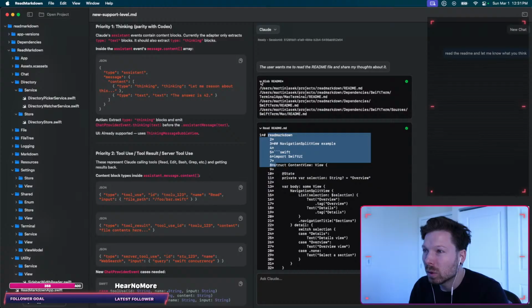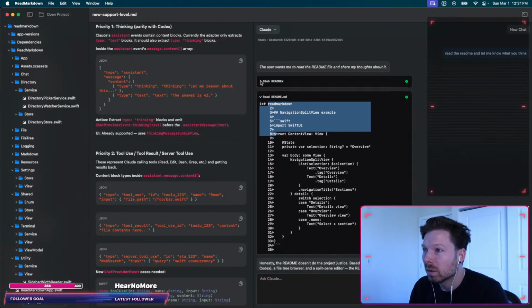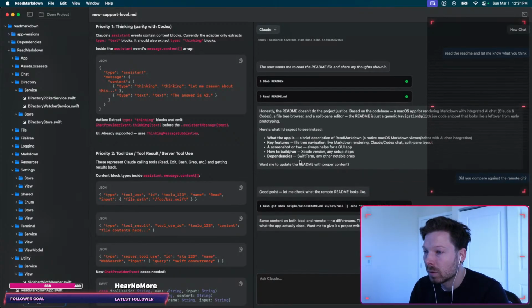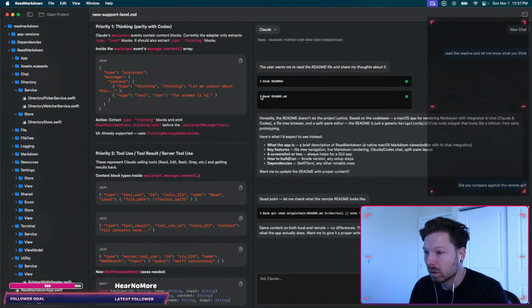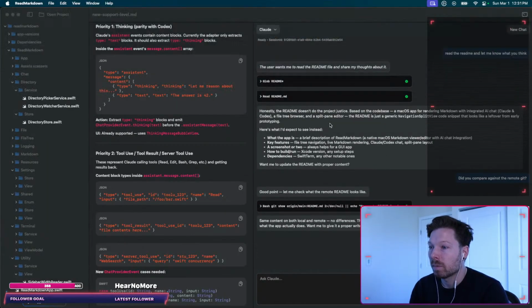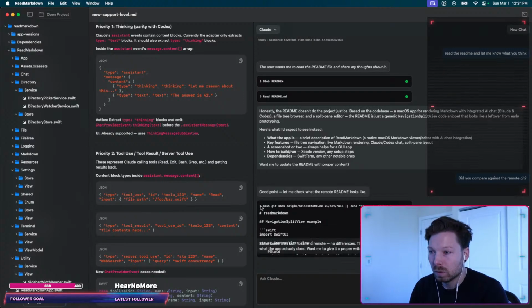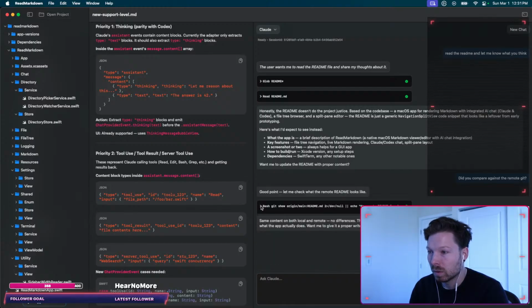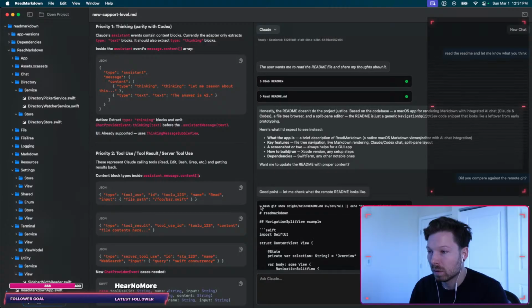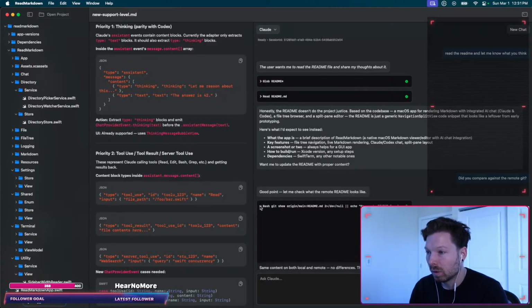Is it monospace already? I think so. This is pretty cool. No remote readme found. I think this is interesting how